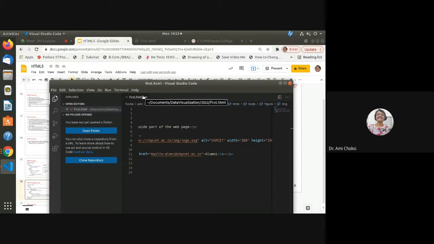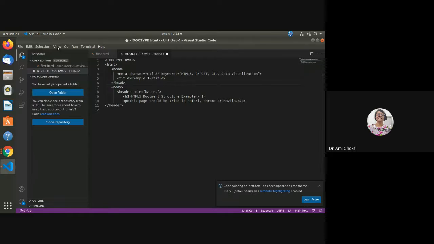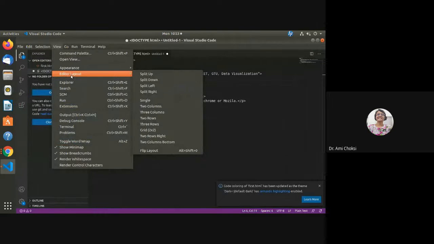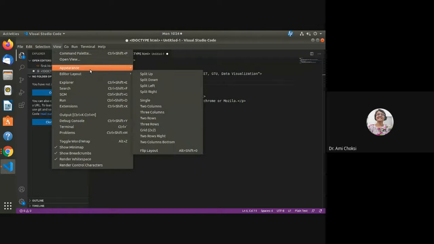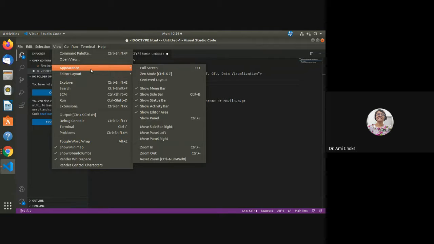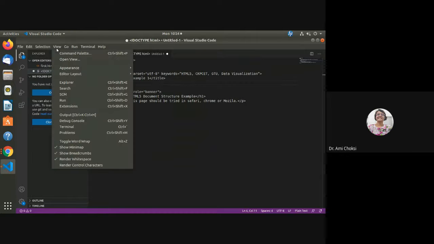Here is the code, right? Let me make its font a little bit more so you can see it properly. We should zoom it.